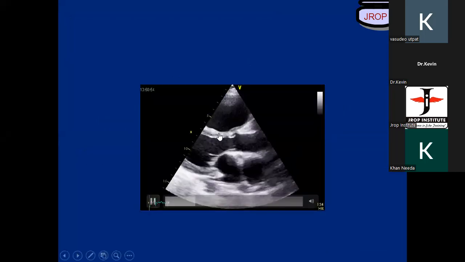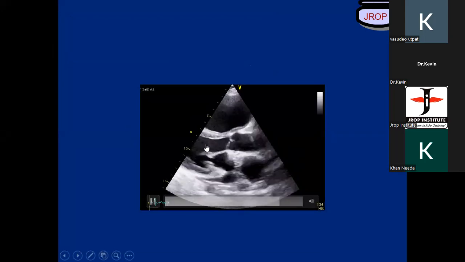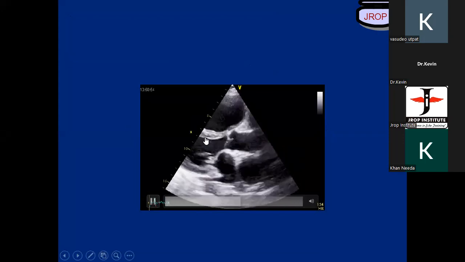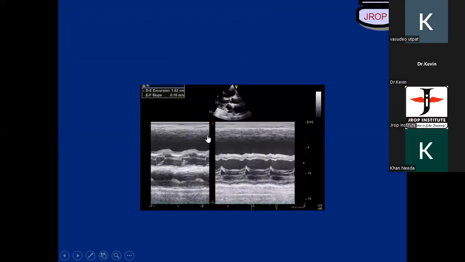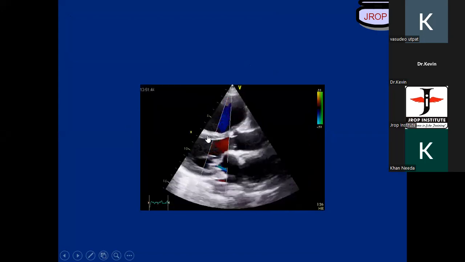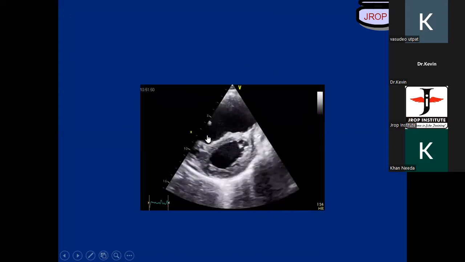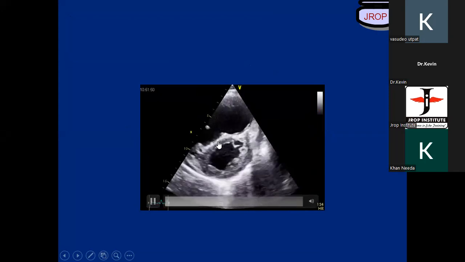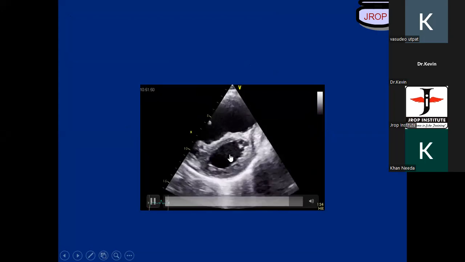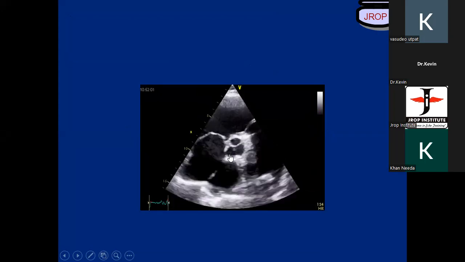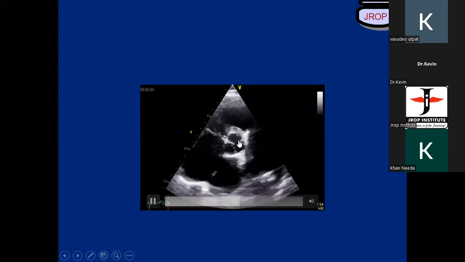So if you look at this, this is a dilated RV. And look at the septum, which is bulging towards the left ventricle, and it shows a different kind of motion from a normal subject. So I'm not going to spend time on this. Now here, this septum is bulging, but during systole it's not really moving into the LV. So this is what is known as the atrioventricular and aortic